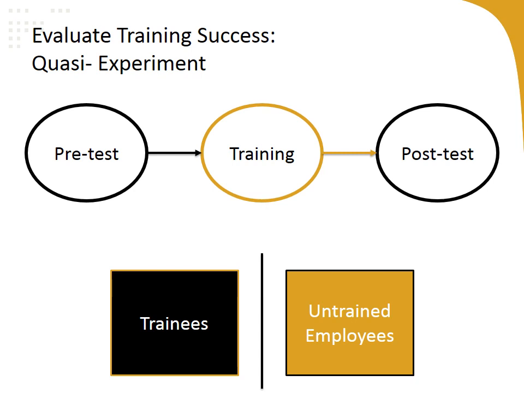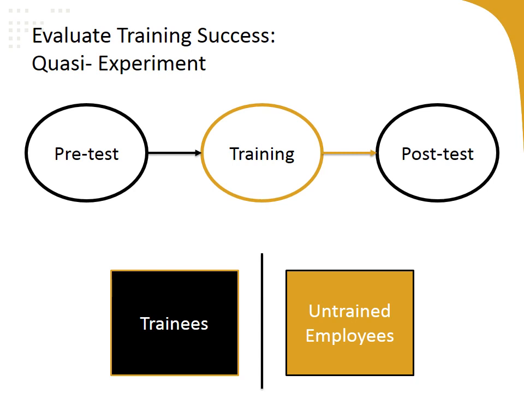Now, these two approaches are considered quasi-experimental because there is that lack of control and there's a lack of randomization. So in the pre-test post-test example, all the trainees are given the same training. So there's really no opportunity to randomize participants to groups in hopes of having equivalent groups pre-training to compare post-training. And if you look at a lack of control with the pre-test post-test, it relies on a single group with no control group.